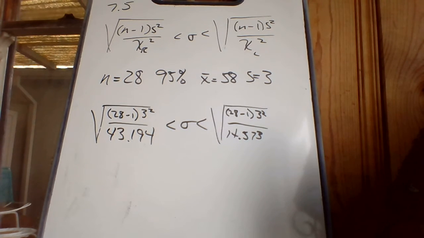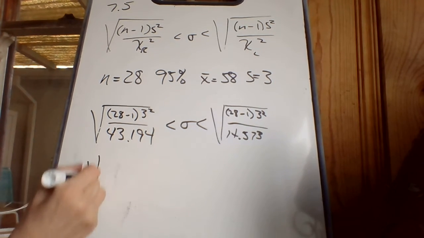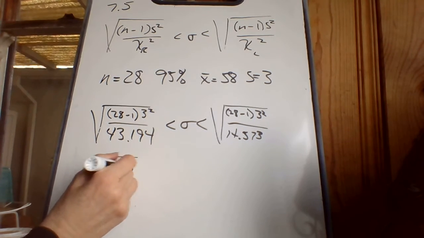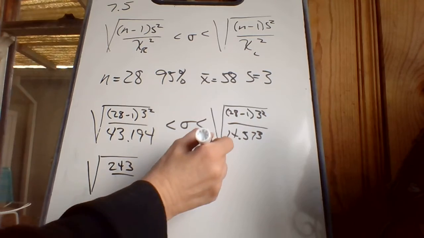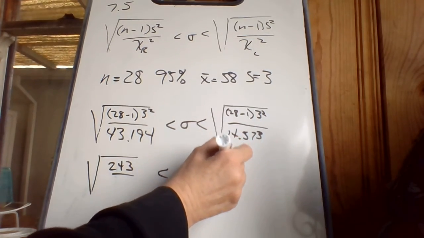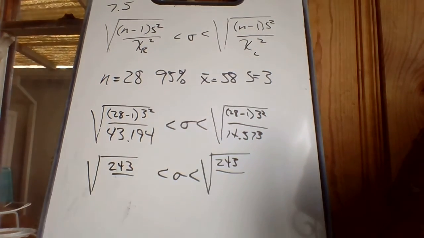All right, so let's see. I got to get the numerator. Okay, so 3 squared is 9, and 28 minus 1 is 27. So 27 times 9. All right, so the numerator is 243. And it's the exact same numerator over here. Because the two numerators are always the same. They always got exactly the same letters in. All right, now